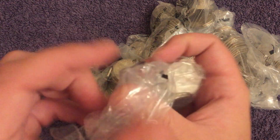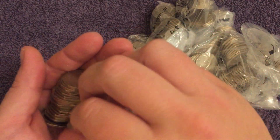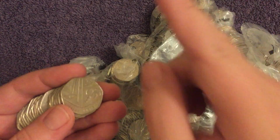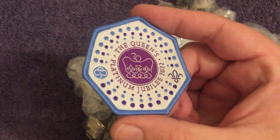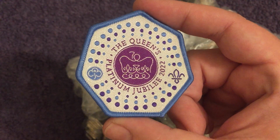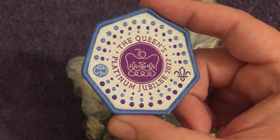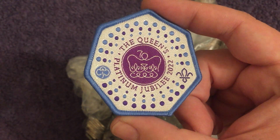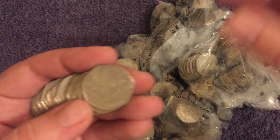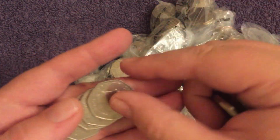Of course, the other coin we still haven't found quite yet is the new Platinum Jubilee 50p. And on that note, actually, I wanted to show you this because I thought this was pretty awesome. My daughter's a Brownie and she got given this as one of her new badges. So this has got to go on her uniform. But I thought it was pretty epic, the fact that it's 50p shaped. So I thought I'd show you guys before it gets sewn onto her uniform. Pretty cool. But yeah, we're looking for that Jubilee 50p, of course. I'm sure that will show up